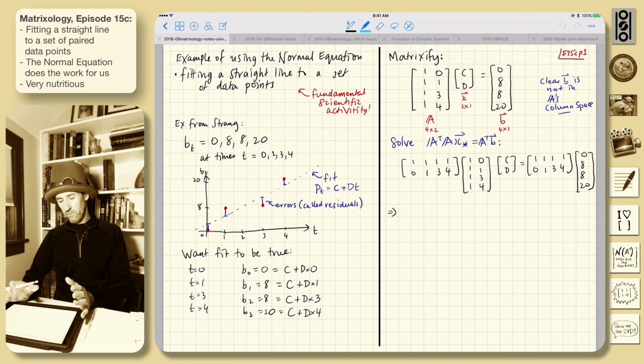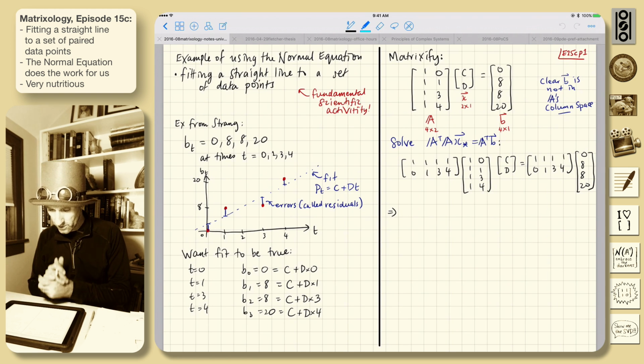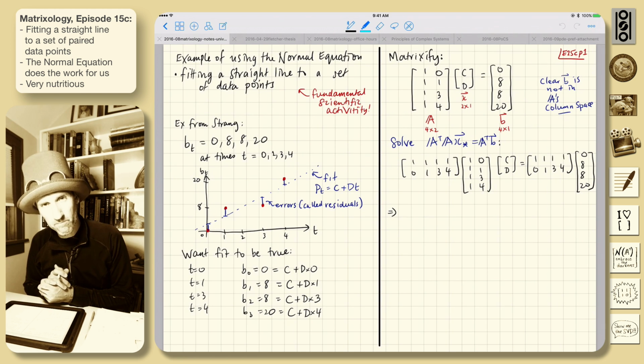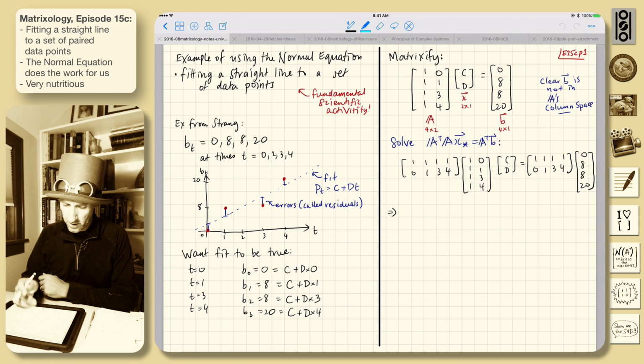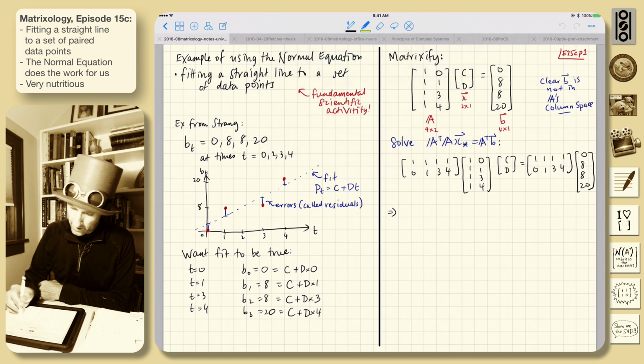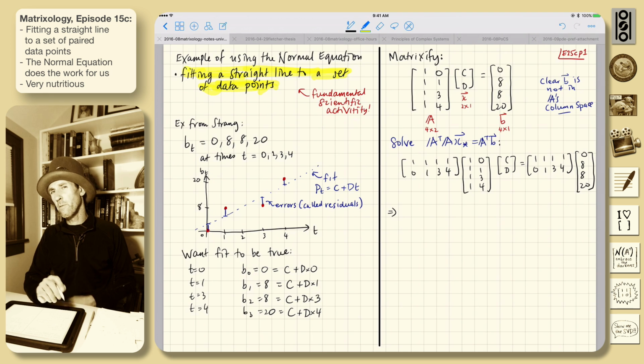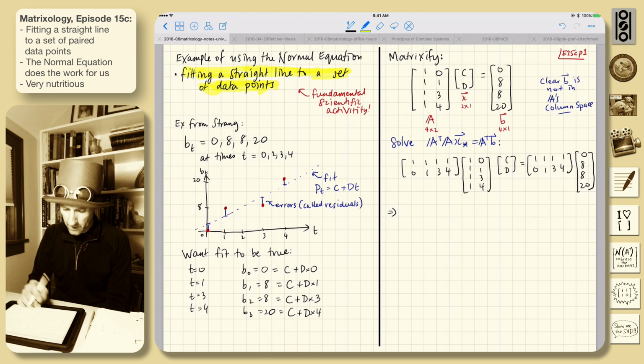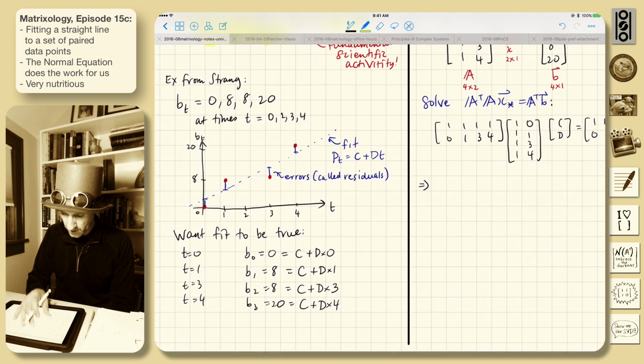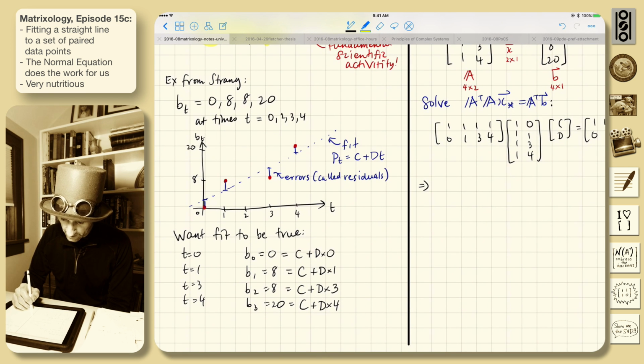Here is a simple example of using the normal equation approach to do something pretty important, which is fitting a straight line through a cloud of points. This is a big deal. People do this all the time. We have computers do it all the time. There are sneaky ways to do it that aren't what we're going to do here, but the basic idea, this is an example taken from Strang's book, is